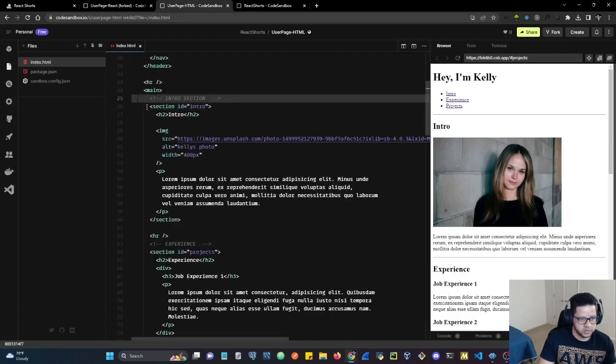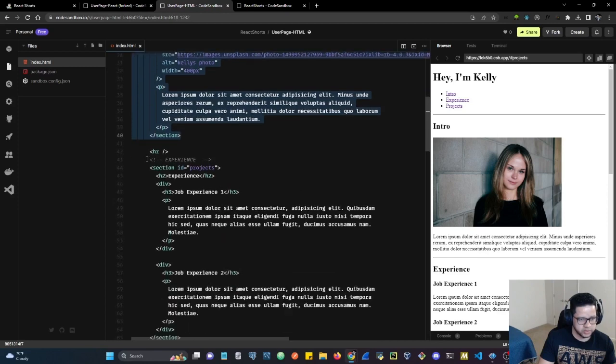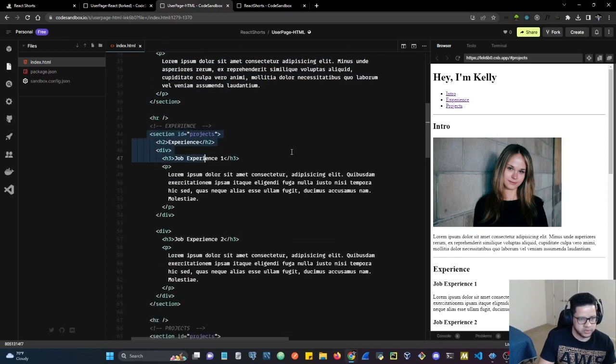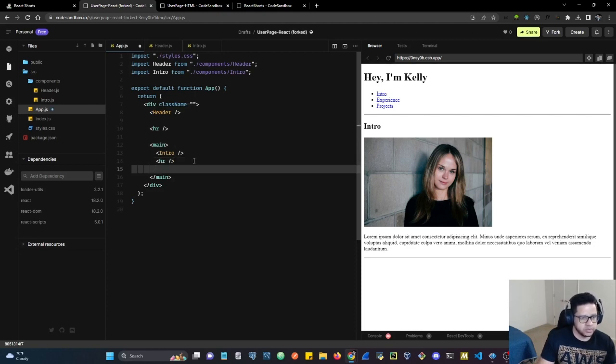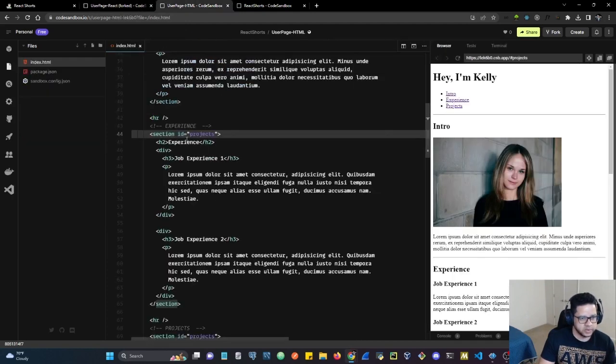So the next section we're going to bring over is going to be the experience. Right, so the experience starts here, line 44, and it ends in line 65. Let's go back here, and after the Intro, let's just put an HR so we can have that line there. Right now we're repeating this a little bit, but we can see how we can do this in a better way later. So the next one we're going to create, let's see, in the HTML experience, we can come back and we can